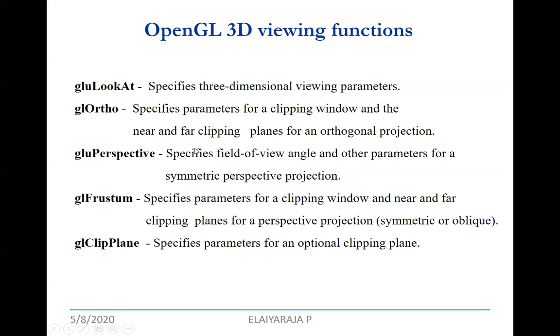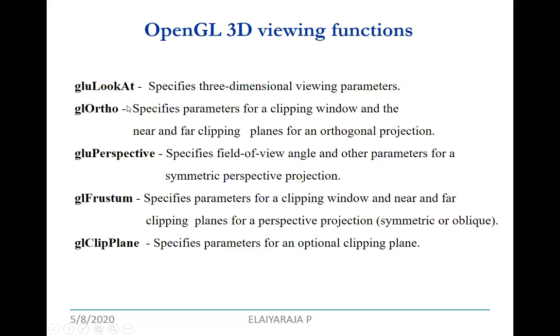Next, glOrtho, which specifies the parameters for the clipping window with respect to your orthogonal projection, the parallel projection. It specifies the parameters for the clipping window and the near and far clipping planes for orthogonal projections. How will you specify the values?